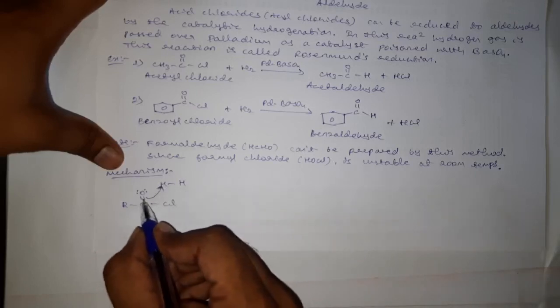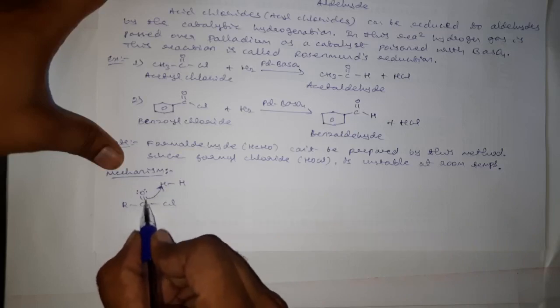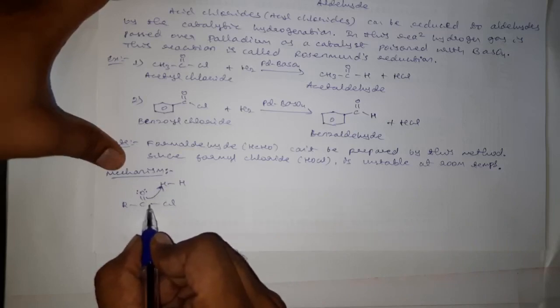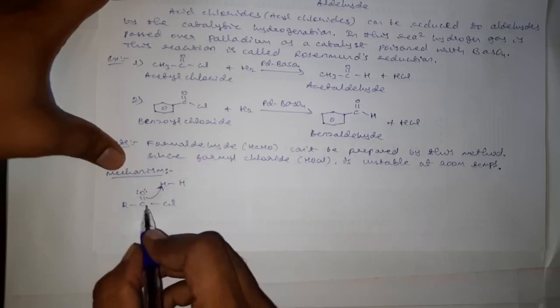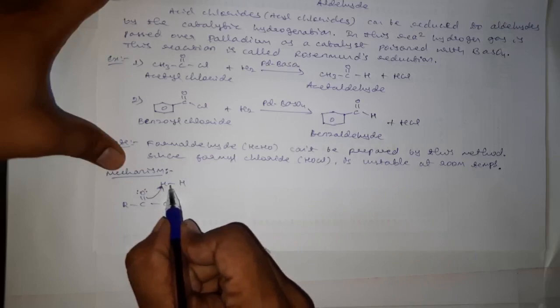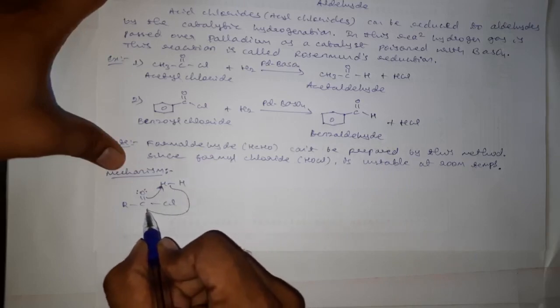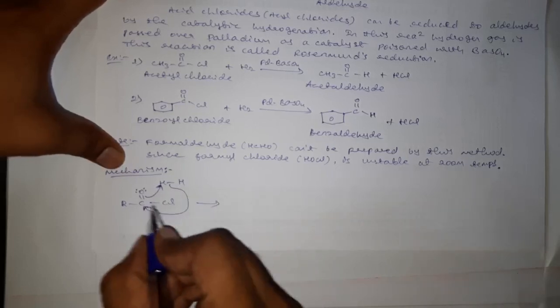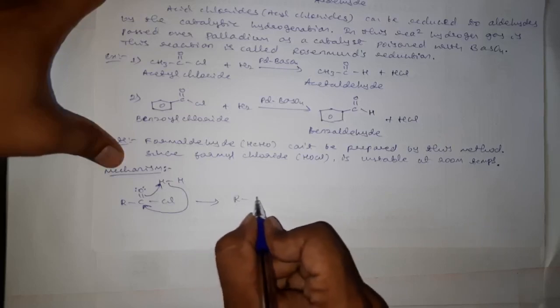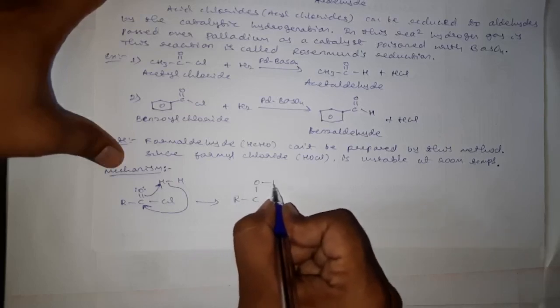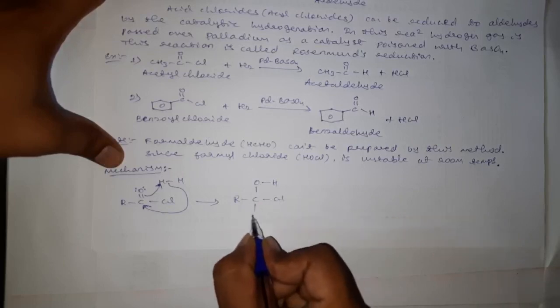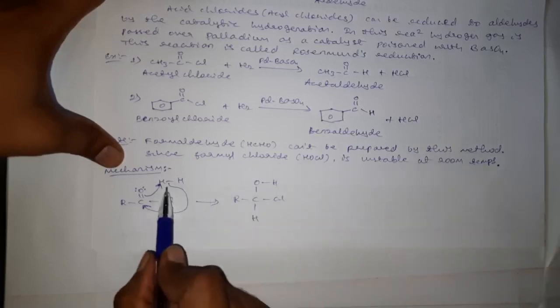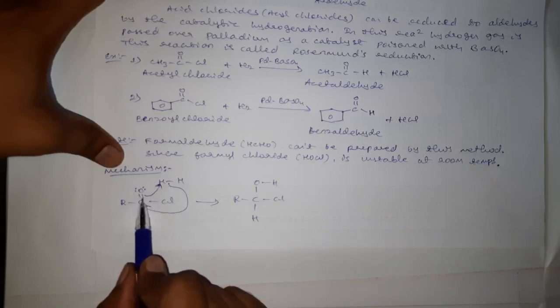And as soon as this oxygen is taking one bond away from the carbon, this carbon is now left with only 3 bonds, and it becomes unstable, and hence this hydride, that is the hydrogen with bonded pair of electrons, will move towards this electrophilic carbon, and here the hydrogenation is taking place. Here we will get R C single bond O H, Cl, H. The addition of hydrogen is taking place on a double bond, one with oxygen and one with carbon.